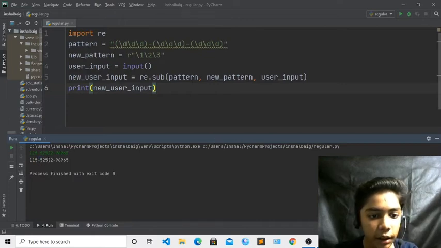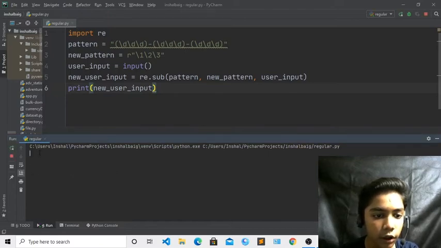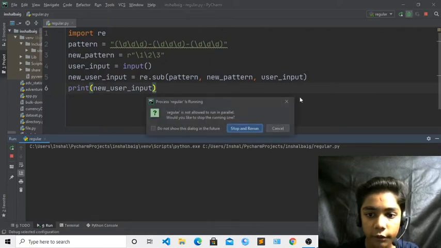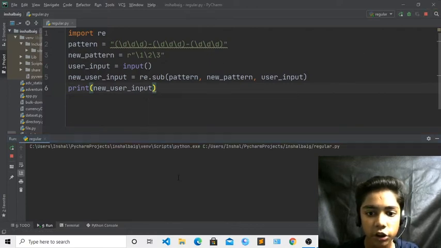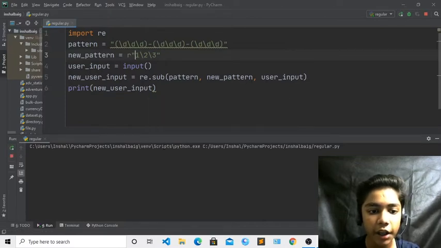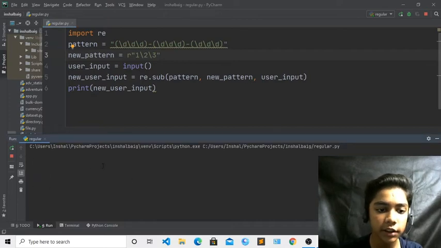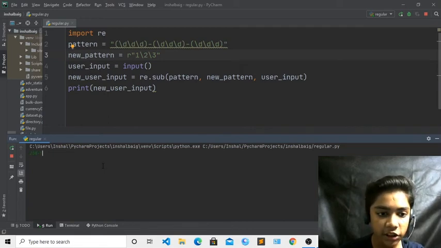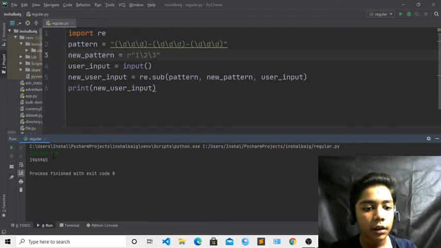Now our number is coming, but it is coming again with dashes. Run. Wait again, and if I stop and rerun, and wait here, and now if I erase this one and run again, you can see this. Till here we have done our work, and now if I write 258, then dash 965 and dash 965, you can see our work is done.